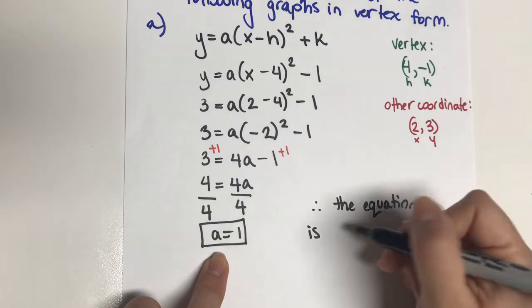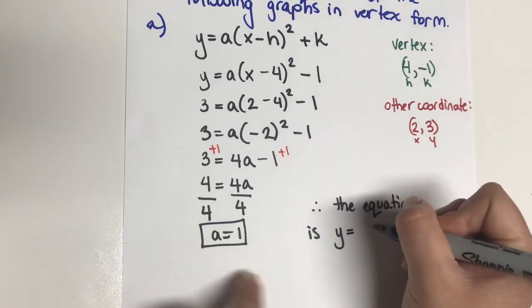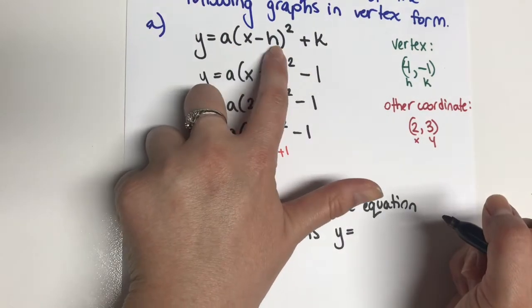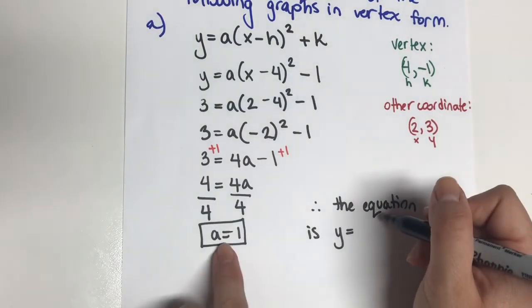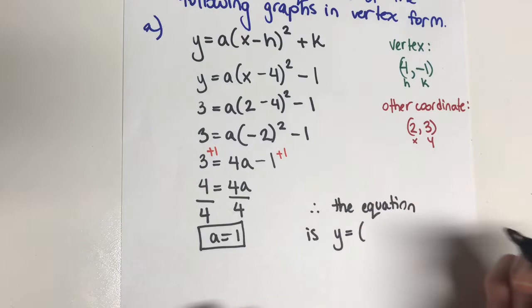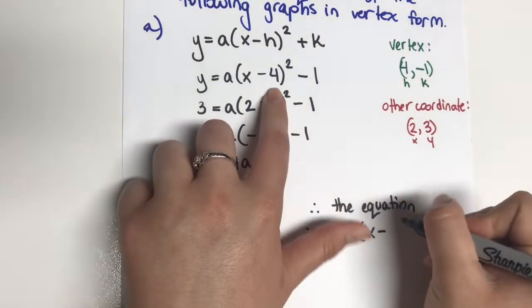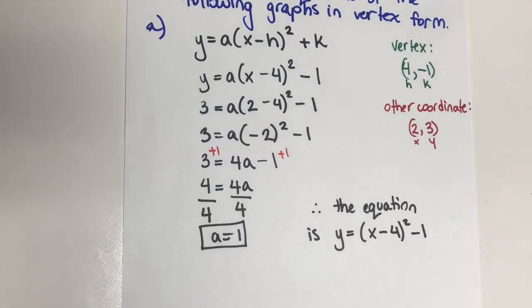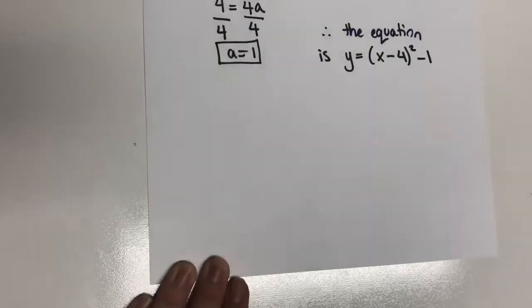So therefore, the equation is y equals, so the x and y are going to be variables now, but I'm going to replace a, h, and k. So a was 1, so I'm just not going to put anything. x minus 4 squared minus 1. So that is my equation. For B,